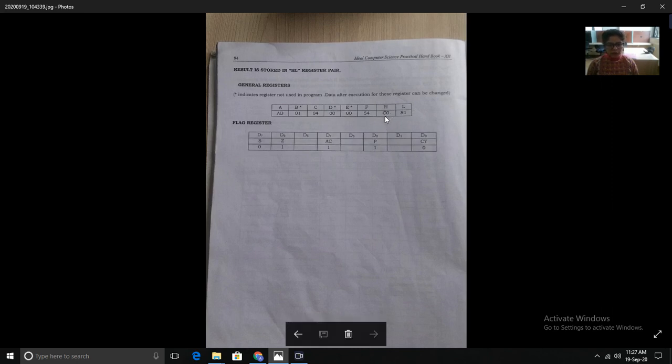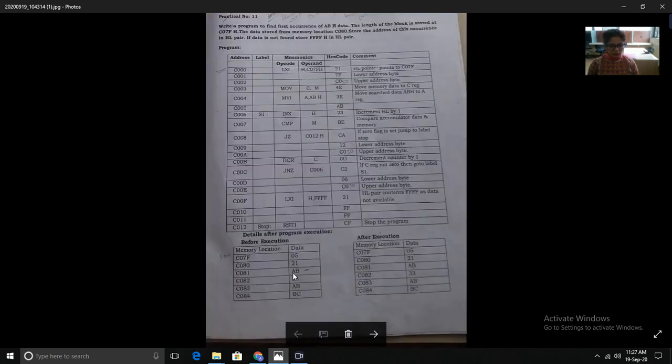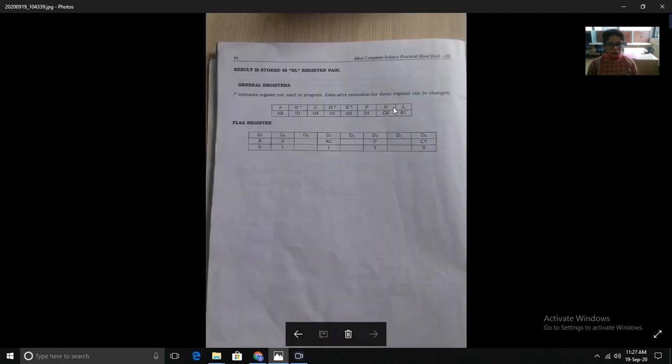So in the H the data is 50, in the L the data is 81. So look at this, the location of this is 5081. Okay, so the location of AB is 5081. So in the HL pair, now the answer is 5081. So this is the location of ABH.